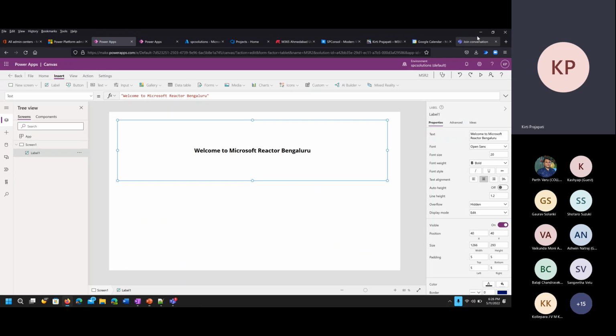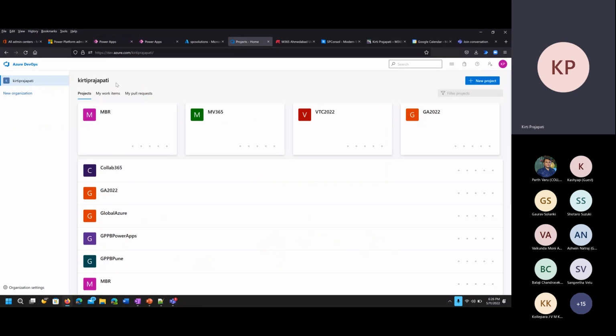So for Azure DevOps, once you log in to dev.azure.com, you will be able to see your landing page or dashboard. Now here you have two options. You can go with an existing project, you can see the list of projects I have here, or you can create a new project. So let's create a new project for this one. On the top right corner, I can see the new project button. Click on that